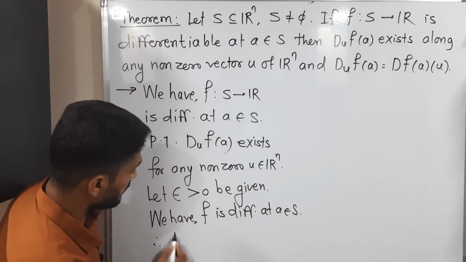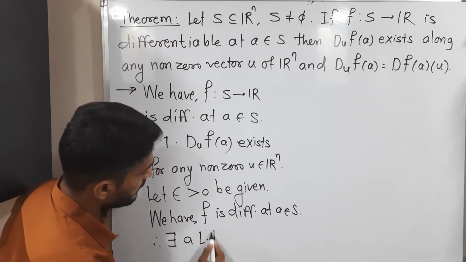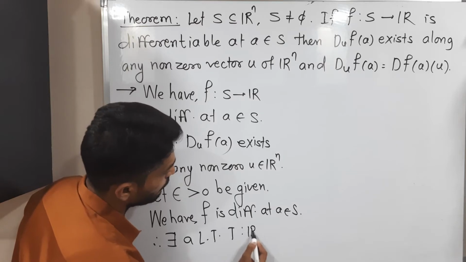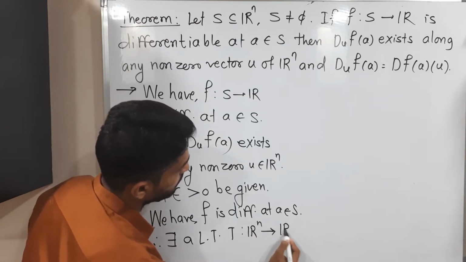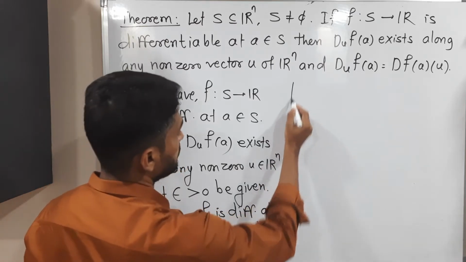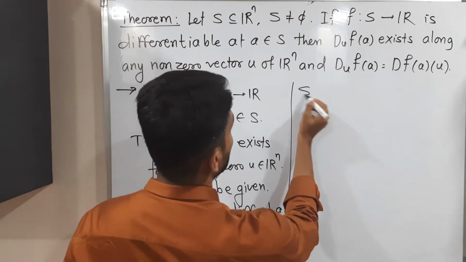So therefore, there exists a linear transformation T from R^n to R such that